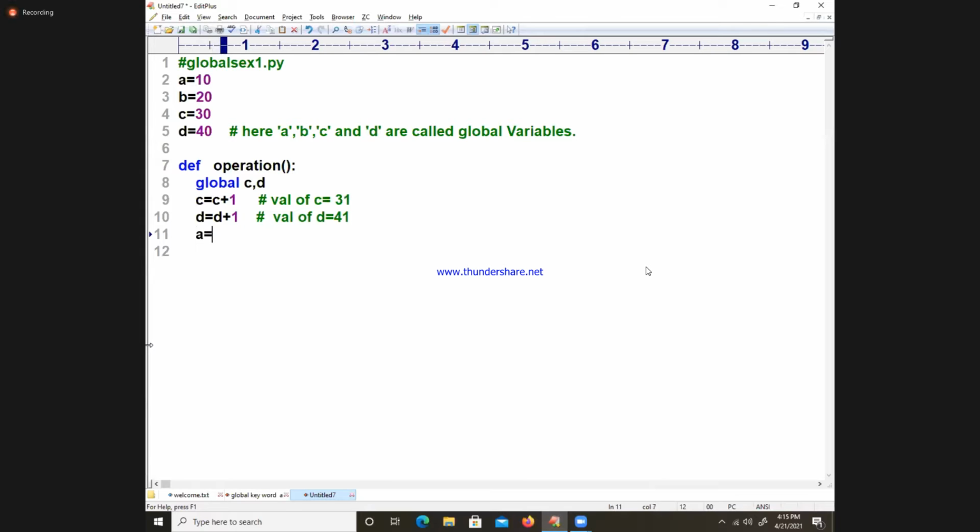Now I am giving a very perfect example. A is equal to 100. B is equal to 200. Now you tell me, do you feel A and B are local variables or global variables?